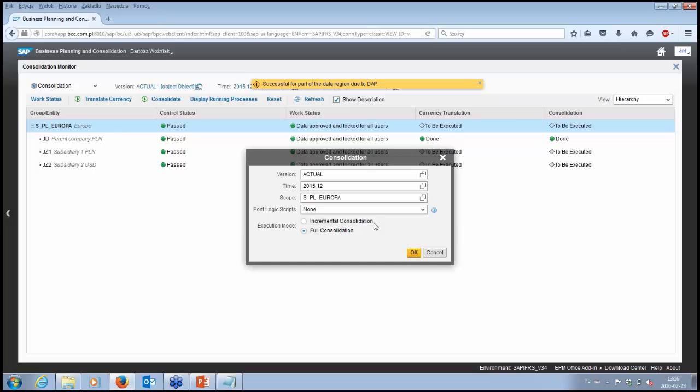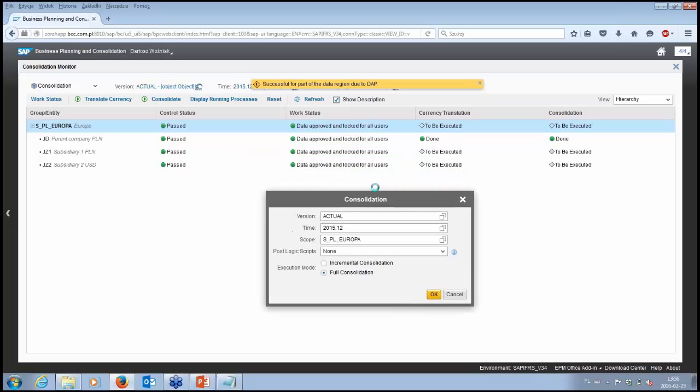And this might be helpful when we have plenty of data and we simply have changed only 2 or 3 rows. So there is no need to calculate all the dependencies, all intercompany reconciliations, and so on. Only the new incoming data will be taken into account. So this might be helpful for performance reasons, but for this presentation we will use full consolidation.